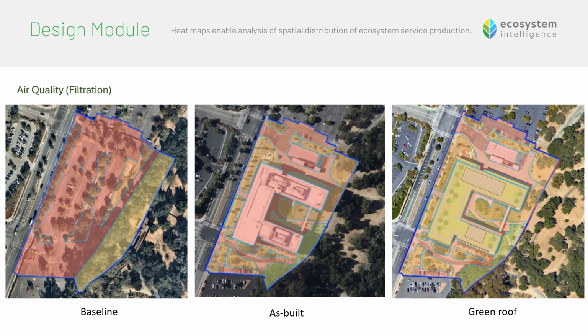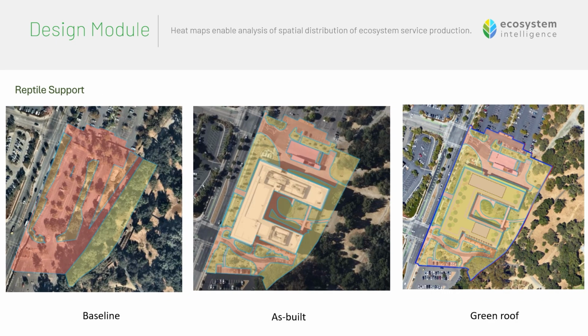The design tool also provides heat mapping functionality for each function and service. These maps show the location and relative strength of benefit production. Because everything is in the same unit of measure, we're able to understand how the roof in the middle example performs poorly for air quality, but performs relatively well for reptiles who like to loaf on the warm, dry surface